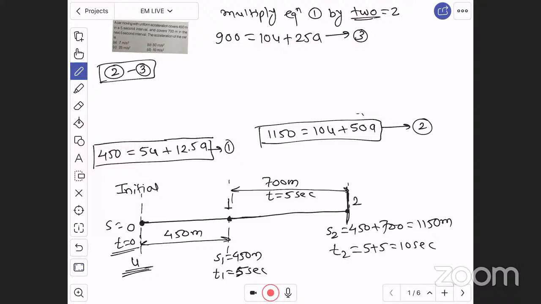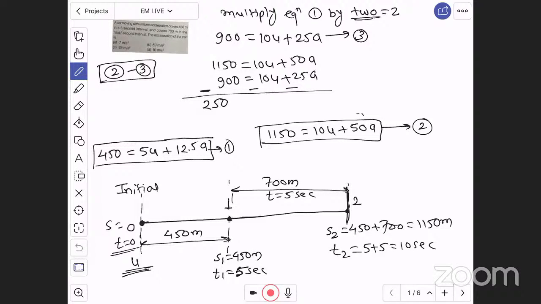Therefore, equation 2 is 1150 is equal to 10U plus 50A, and equation 3 is 900 is equal to 10U plus 25A. Subtract them. Therefore, 1150 minus 900. Calculate this. This will become